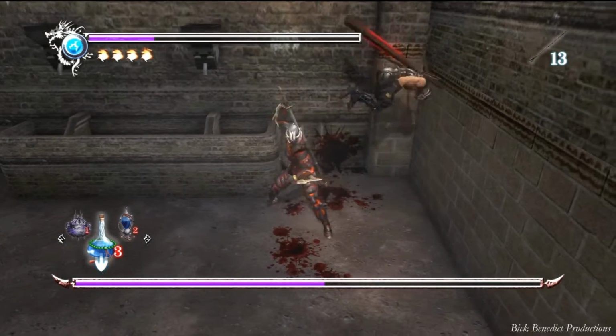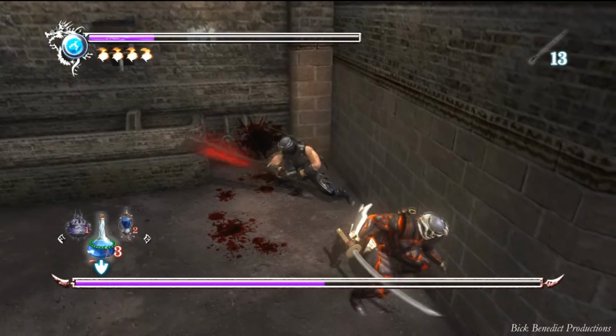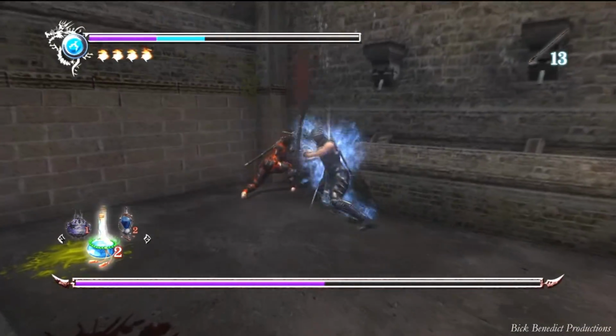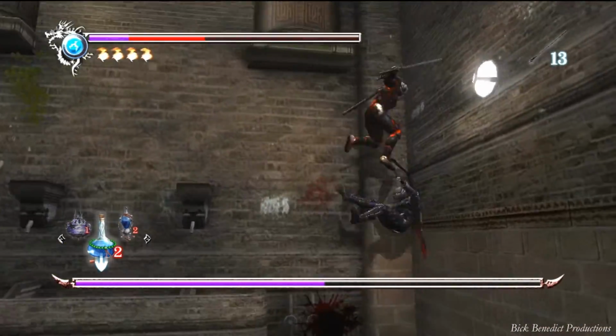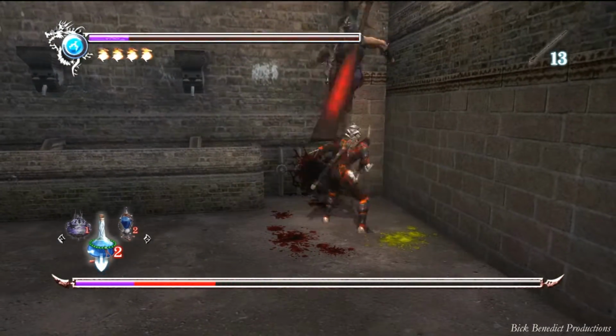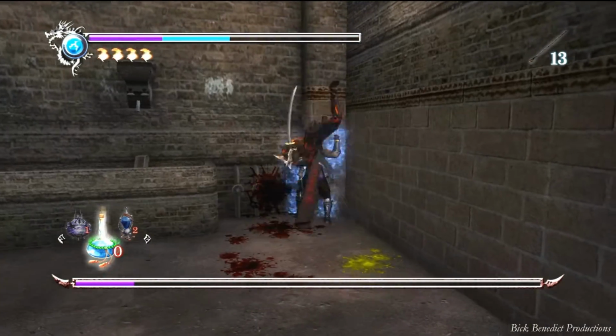So check this out. I get a really good hit over here somewhere since I'm low on health. It's kind of hard to hit him, but when you do get in a hit, you really feel it. You see that move right there, damaging him significantly. So